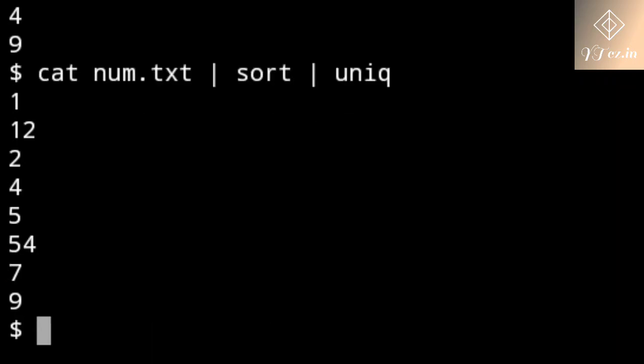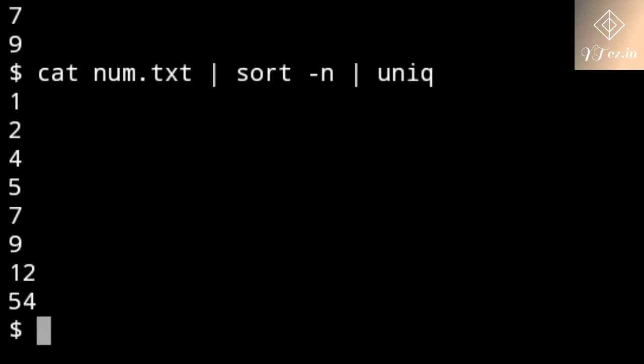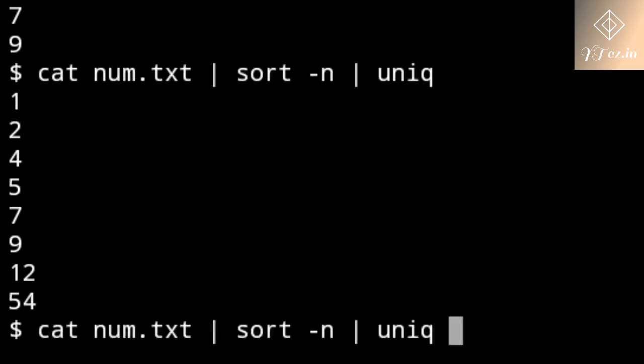Enter. As you can see, guys, it is not sorted, because here we have numbers. Yes, but just add dash n, which means numeric sort, for numbers, not letters, okay, and give the result to unique. Enter. As you can see, guys, 1 1 2 4 5, etc. Okay. If you want to save, you can also save unique